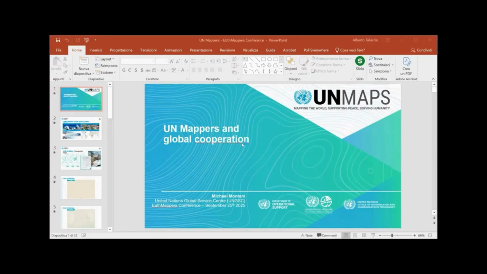This data is coming from OSM. We are using it to style and create 3D buildings in such a way that we can organize training sessions for the new blue helmets that are joining a mission before they experience the reality on the ground. Because every time that you are going out of the UN camp is a risky environment. And also to do briefings to senior management personnel.